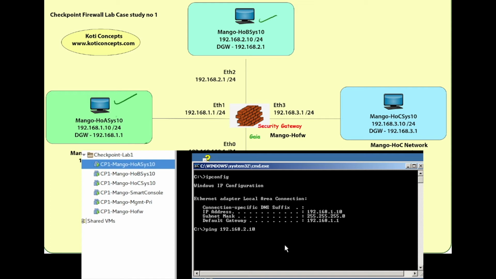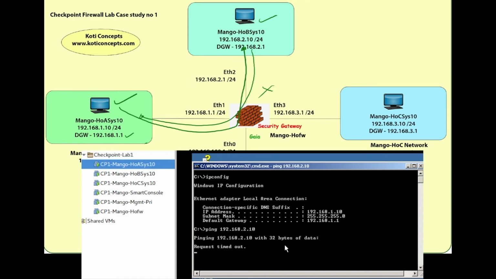So what happens? This sends a packet to the default gateway, which is the firewall. The firewall again has to forward the packet to this side, and the echo request has to go like this. The echo reply again has to come back like this. But you told the firewall to drop all the packets. Anywhere to anywhere, drop all the packets. So I could not ping now. I say enter. I am not able to ping.